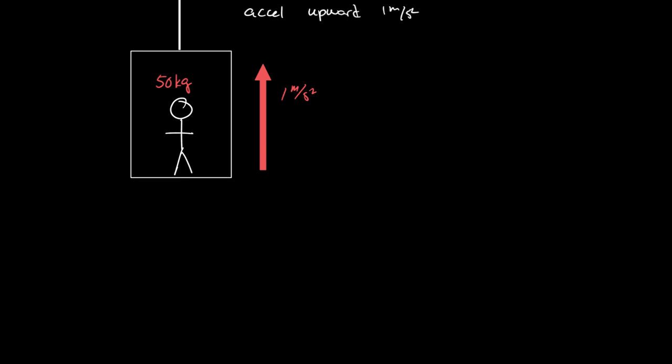All right. Two forces act on the person. I think we've got gravity downwards, and that's going to be 500 newtons. And then there's a pushing force upwards. It's probably the normal force from the floor. And the normal force has to be greater than the weight because they accelerate upwards, so it's got to be